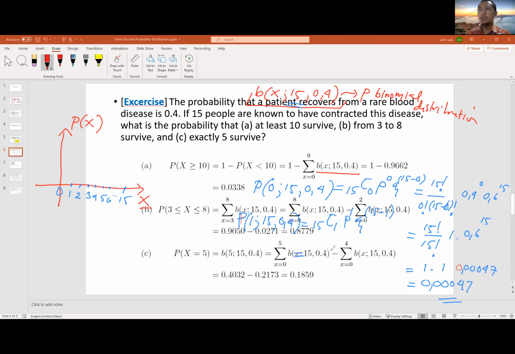So it is 15 factorial over 1 factorial and 14 factorial, times 0.4, times 0.6 power by 14. Yeah, so 15 is correct, this is 0.4, and this is 0.6 power by 14. So we can calculate